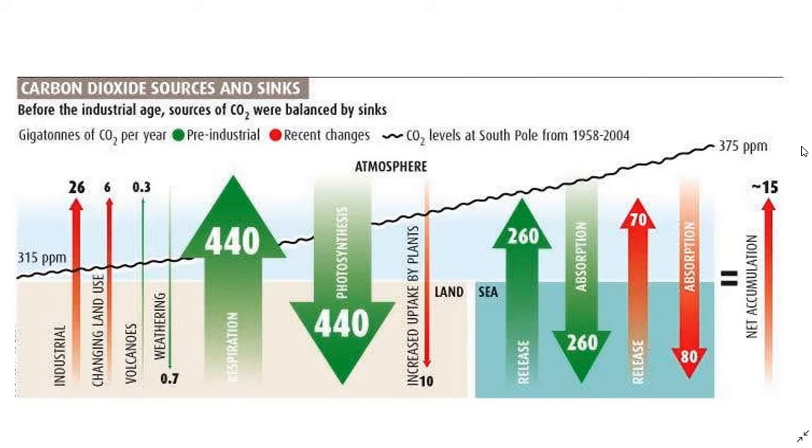Now, up until recently, as you can see in the centre of the diagram, we've had an increased uptake by plants of 10 gigatons per year. So, as there's been more CO2 in the atmosphere, vegetation has been doing very well. And also, the oceans have been absorbing 10 gigatons more than what they've been releasing